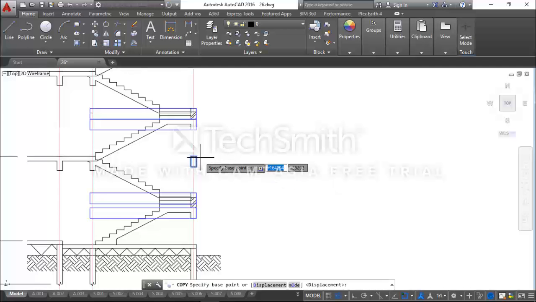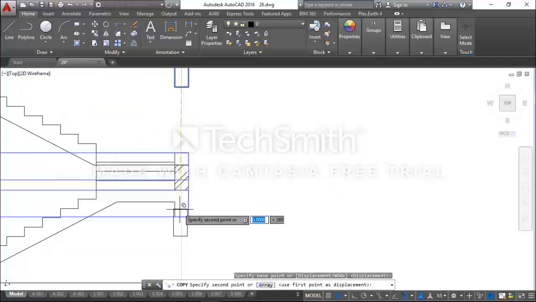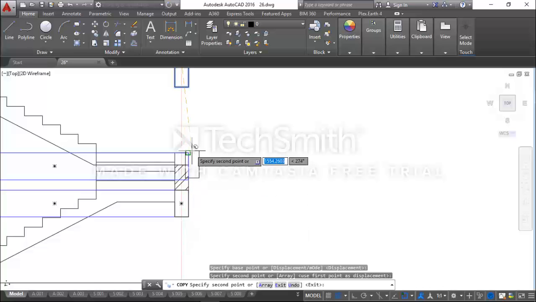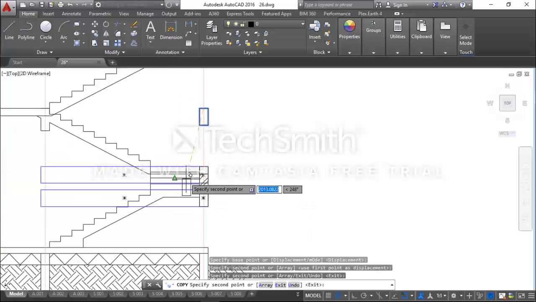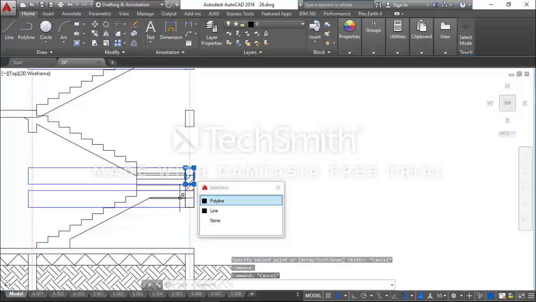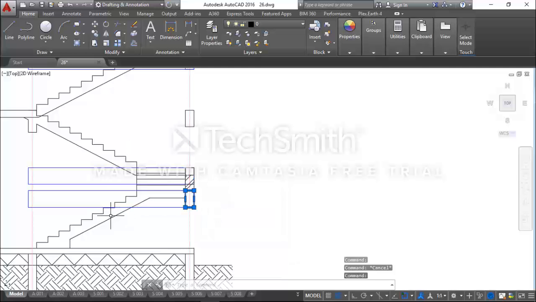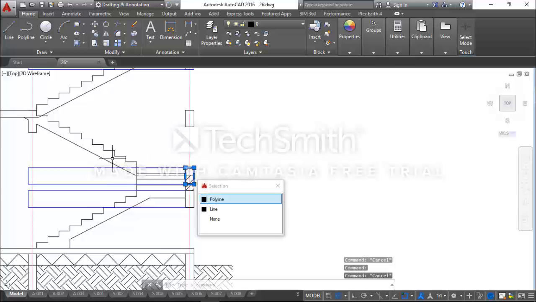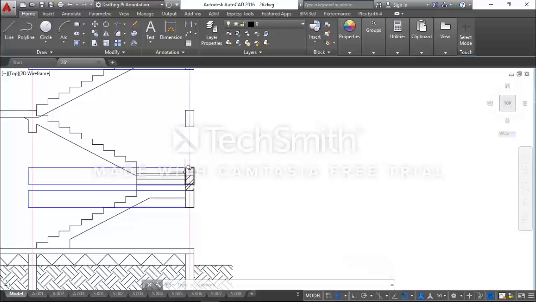Let me copy it. We have a beam that supports this landing. We also have a beam that supports the landing for the third flight. So this beam supports the first flight, while this beam here supports the third flight. Again, this beam here supports the first flight, while this beam at the top supports the third flight. So it means that we have to insert